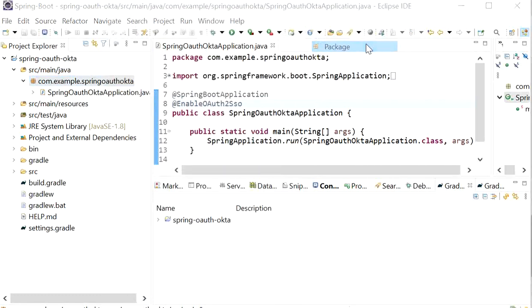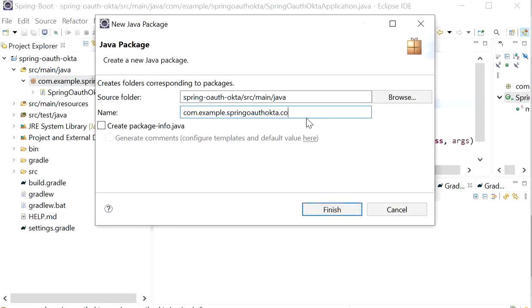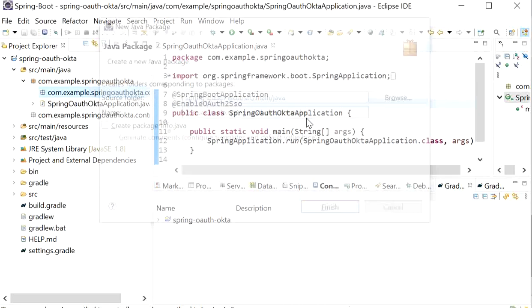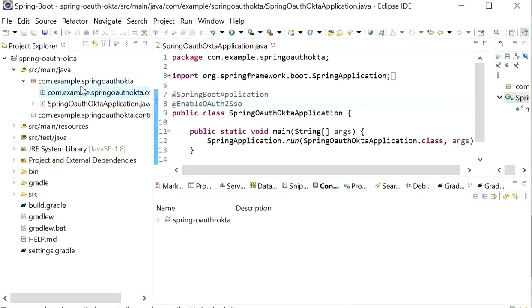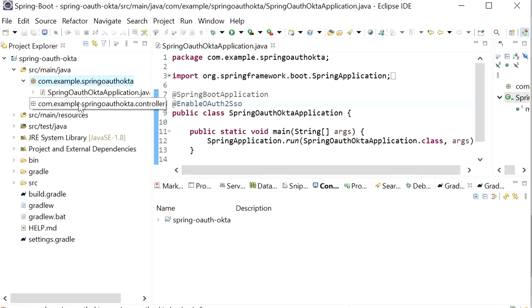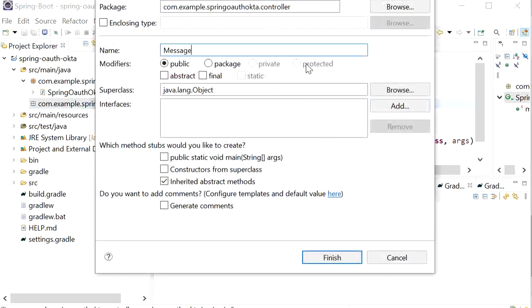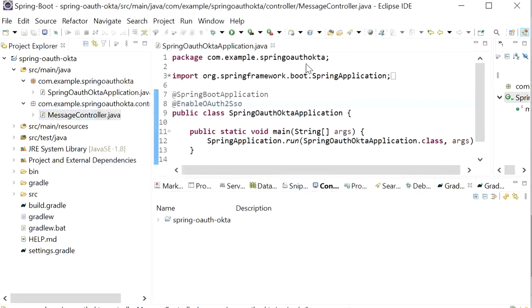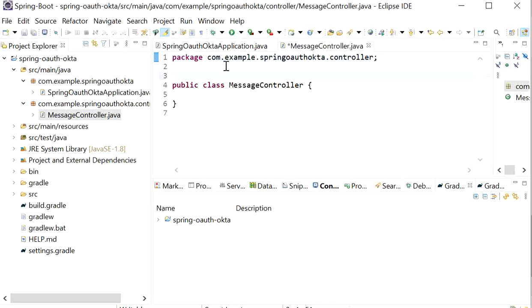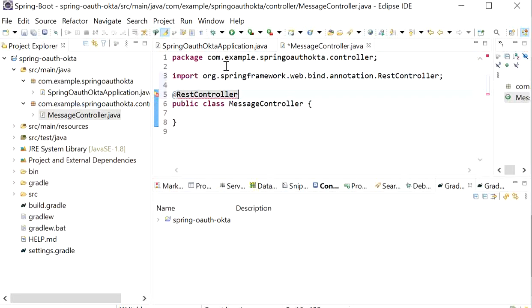I will create a class, MessageController, with the annotation @RestController, and an endpoint: public String getMessage, passing Principal as a parameter.